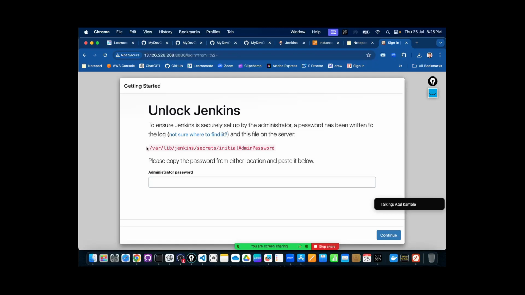and this password will be present in the var folder. So here is a file for it. You can see that /var/lib/jenkins/secrets/initialAdminPassword is the file name, and you can cross check the contents of this file only once, whenever you are installing Jenkins the first time. That will be asked. So here I am copying this path